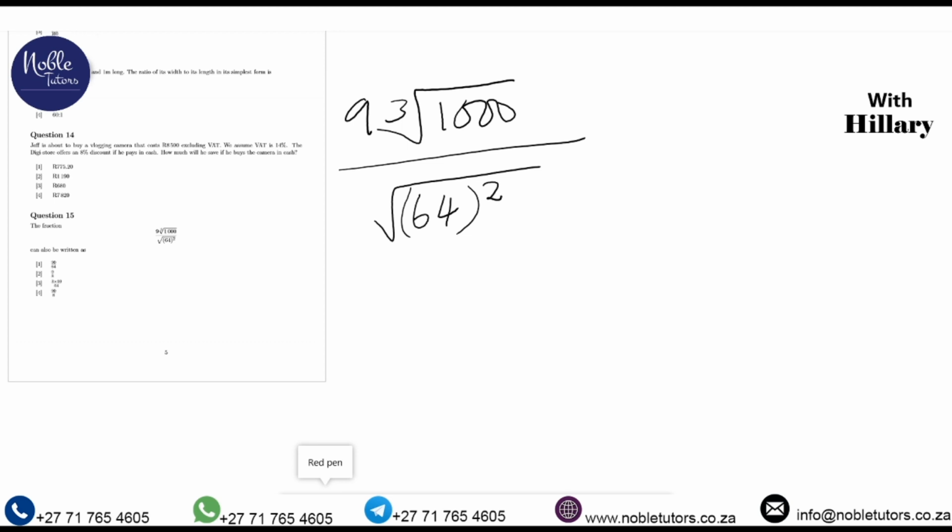Now, when you are dealing with such kind of a scenario, there's a combination of different aspects that you need to look at. So firstly, 9 is independent from the cube root. So in other words, it's as good as 9 times cube root of 1,000. We are looking for a number that will multiply 3 times to give us 1,000. And that number is 10. Divided by